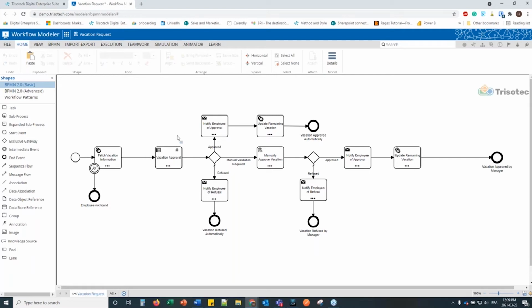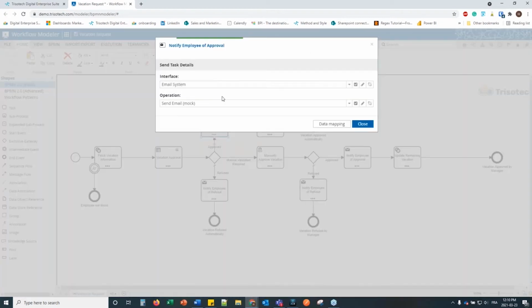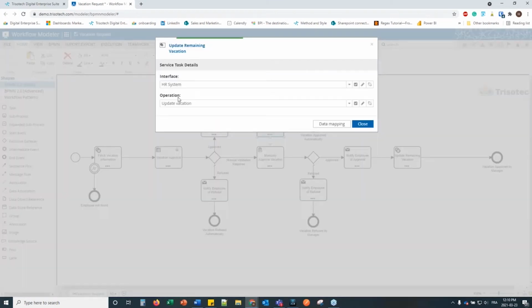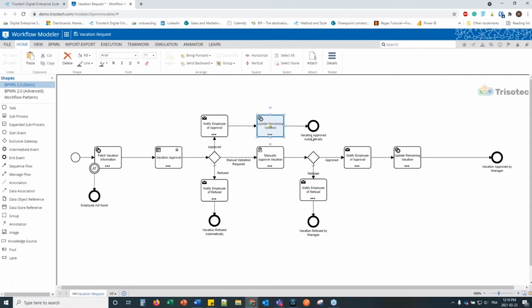Now, vacation approval is a decision service that is connected here. And based on the output of this vacation approval, we're going to either automatically approve the vacation request, and this is connected to an email system here that's going to send a notification to the employee. So once again, we have an email system that is connected here, and we have an operation that is to send the email that will send an email to the employee. We have, again, the HR system to update the remaining vacation day of the employee,